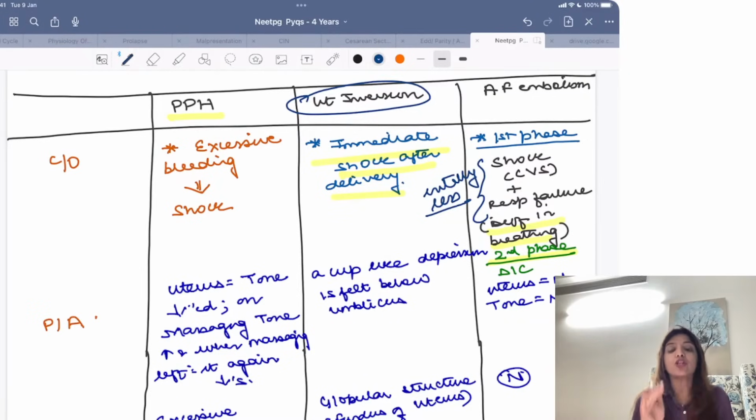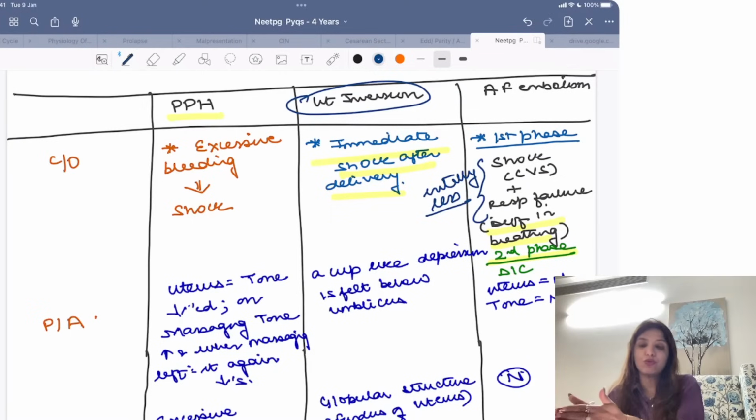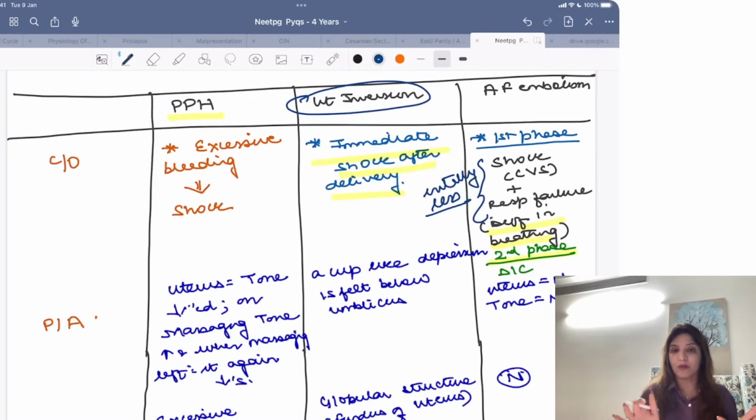So initially the shock and bleeding are out of proportion to each other, right? But in case of PPH, excessive bleeding will happen and then the patient is going to go into shock. That is one difference between them. Second difference you can come to note on per abdominal